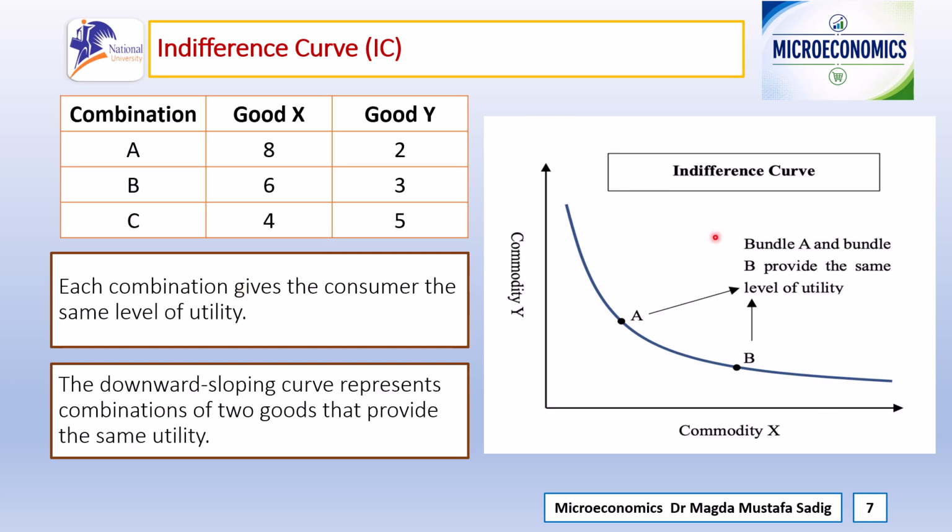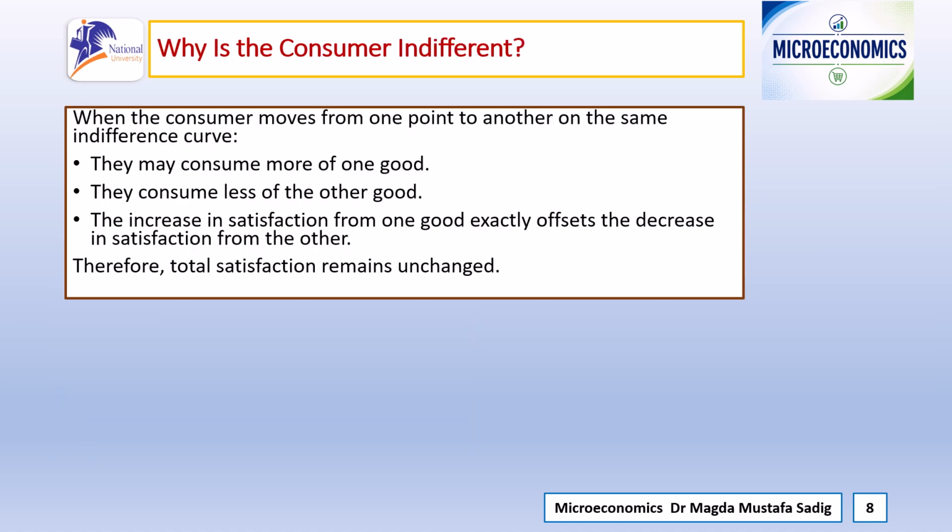Look here at the graph of the indifference curve. We have all the combinations A, B, and C, and they provide the same level of satisfaction. This is commodity Y and this is commodity X. As the quantity of good X decreases, the quantity of good Y increases, and I'm going to explain this in the coming lectures. Why is the consumer indifferent? The economic reasoning behind that